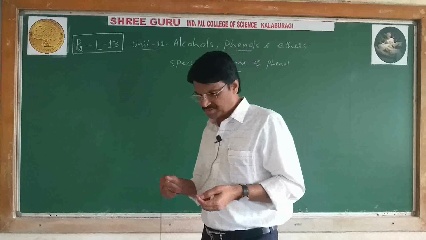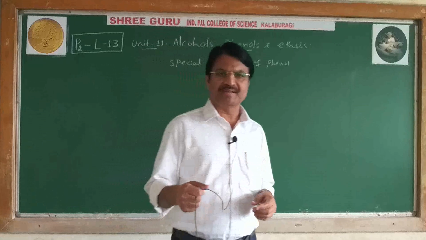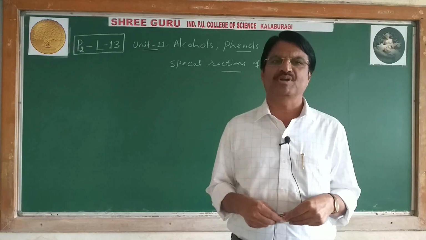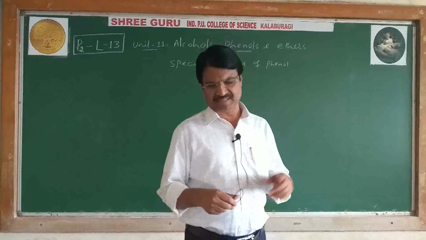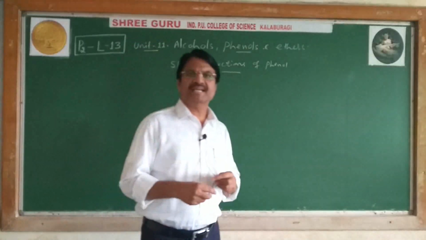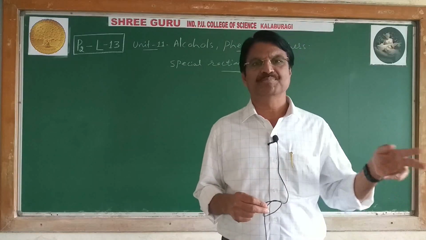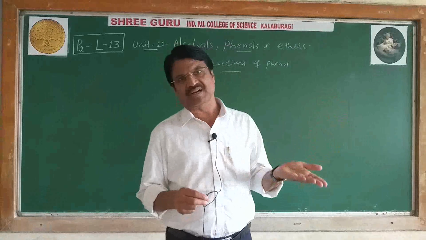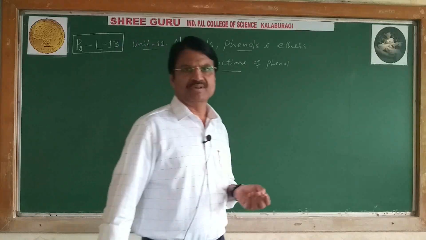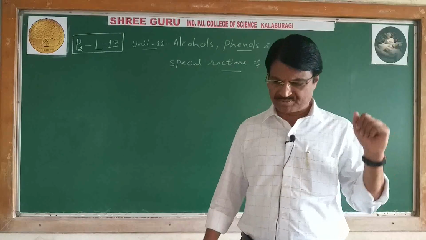Then in the case of bromine in carbon disulfide, which is a non-polar solvent, it can form 2 products, orthobromophenol and parabromophenol. That depends upon the nature of the solvent used. In the case of Friedel-Crafts methylation, we get orthocresol and paracresol. And phenol on sulfonation can give phenol 2,4-disulfonic acid.